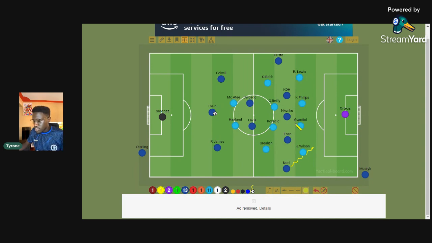Another thing that he also did is, let me kindly check here quickly how the substitutions went. I want to look at who was taken out for Raheem Sterling to come in. So, I think it was Caicedo who was taken out. Caicedo was the one who was taken out so that Raheem Sterling could actually come in. So Caicedo came out for Sterling.